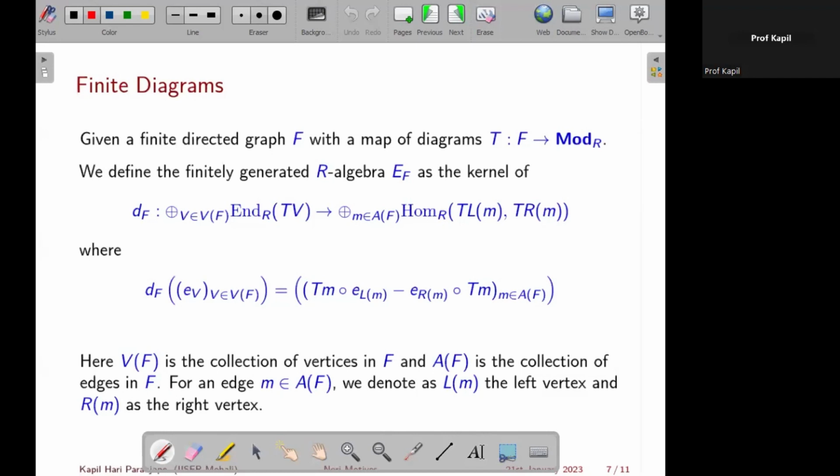So for each M, TM is an element here. And then we are requiring that if I am looking at endomorphisms of each vertex, such that if I apply first